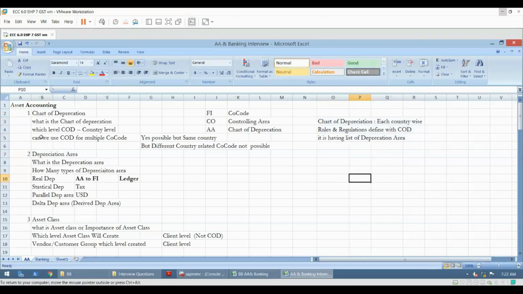At which level is the chart of depreciation created? Definitely country level, because the way of asset accounting and the rules differ by country. For example, in India the way of asset valuation is different from European countries. Country to country, the rules and regulations for asset valuation differ. That's the reason the chart of depreciation is defined at country level, not client level or company code level. If any settings are done at that country level, we can link all the company codes to it. For example,